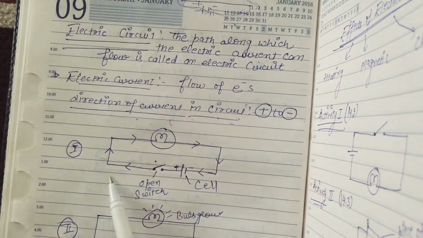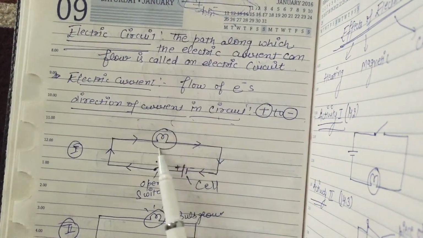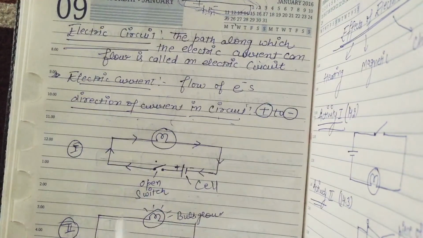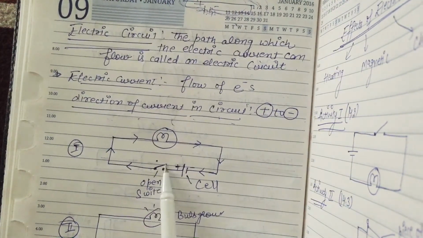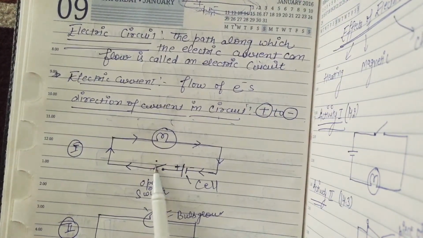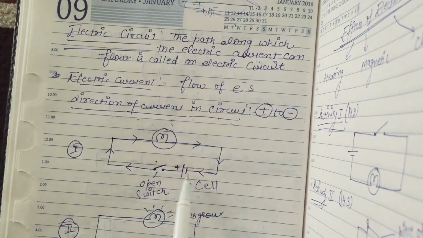So next, one circuit I have made here, that is by using a bulb. This is the symbol for the bulb, you have done it already, it is given in your chapter. Next, here a switch is there. This is in open position, that is closed. Sorry, that is open position. क्लोज कब होती है? जब इसको हम बंद कर देंगे. ठीक है. So this one is in open position and here is a cell.